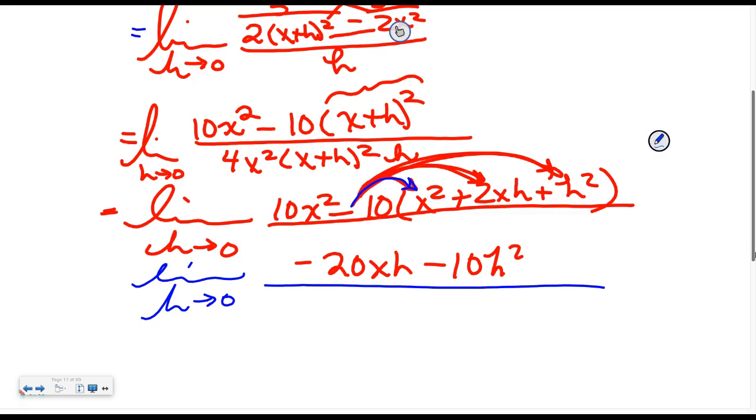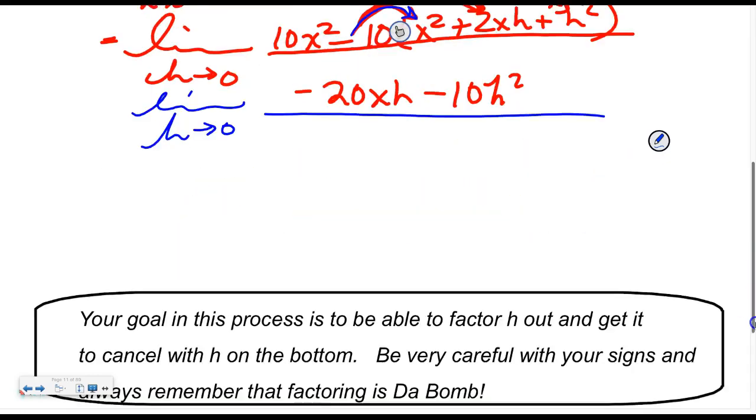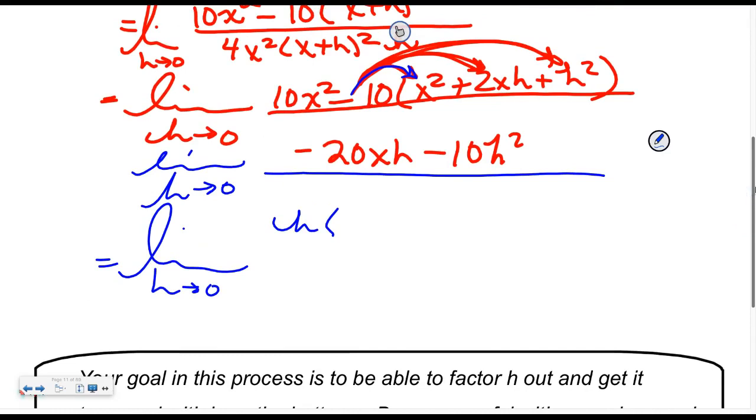I'm not going to rewrite it. You don't need to. What did I say always happens here? I can take an h out, can I? Yep, I can, Riley, so we'll do that. So now I'm going to rewrite the whole thing, and then we are done. Limit, h approaches 0. I'm going to take an h out. What am I going to have here? A minus 20x, then what? Minus 10h, right? All over